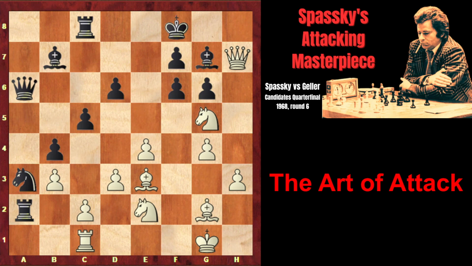So he sacrifices his knight, which is currently under attack, and completely demolishes the kingside. Knight takes f7. Now the pawn on g6 is also unguarded. The f7 pawn was defending it, but now the g6 pawn will also fall. So in case king takes f7, if black accepts the sacrifice, then simply bishop h6, threatening to capture the bishop,